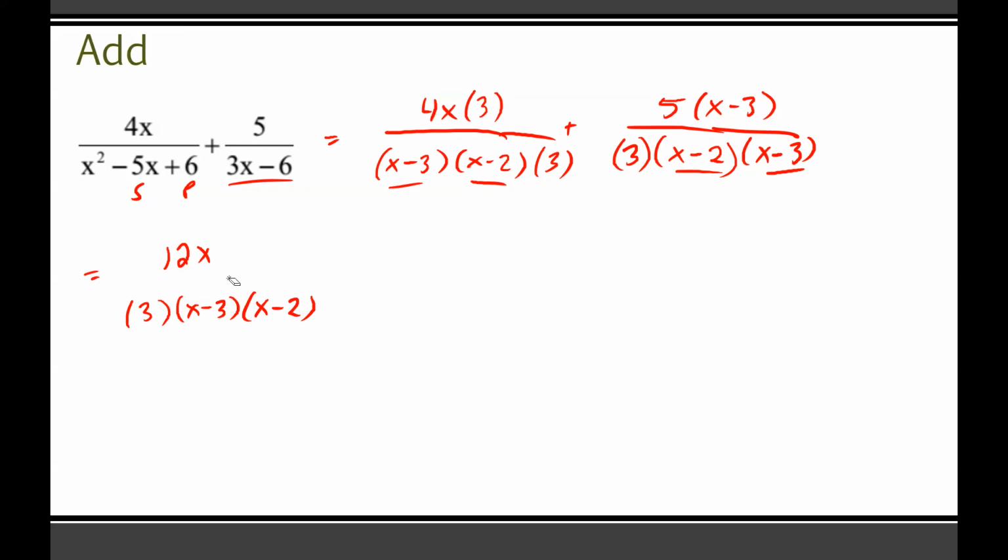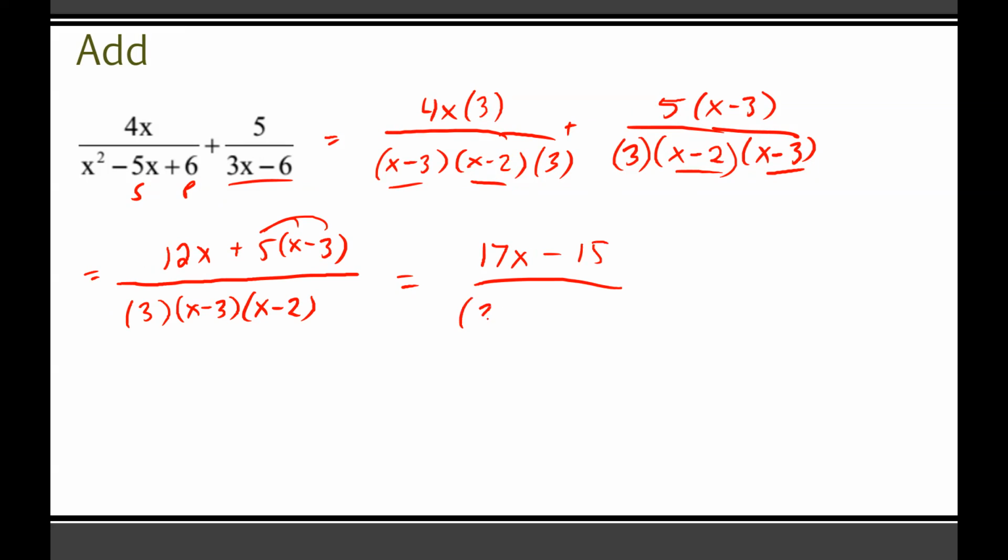I'll write this actually as one giant fraction. Might as well save us some time here. We're adding 5x minus 3, so I'll even just write plus 5x minus 3. You could have double dipped it through right there because it's an addition and it's not going to change the signs or anything. Either way you do it though, this 5 is just going to bounce through this, so we'll have 5x minus 15. So of course 12x plus 5x will be 17x, and then minus 15 all over 3